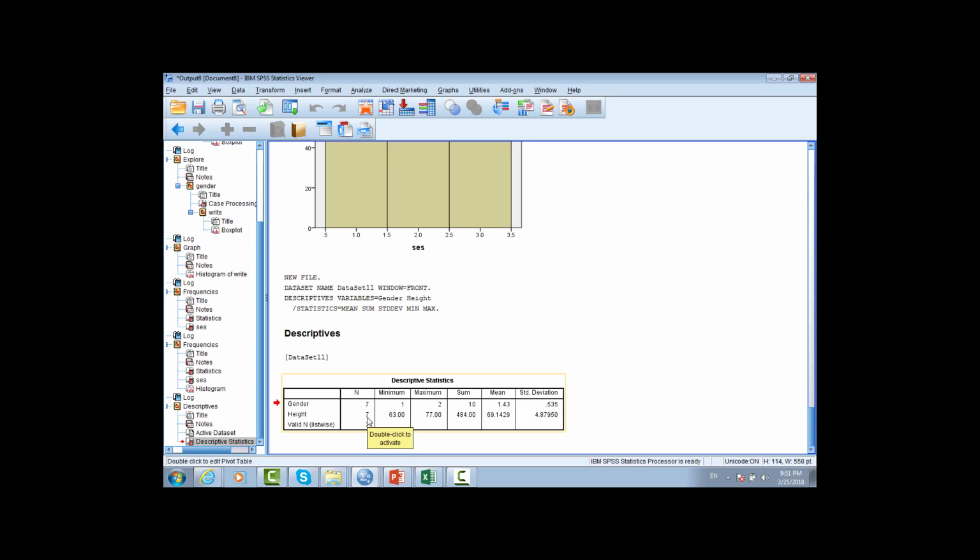The minimum is 63 and the maximum is 77 inches. The average is 69.14 inches. How spread are our scores around the mean? Let us show you something else. How I go